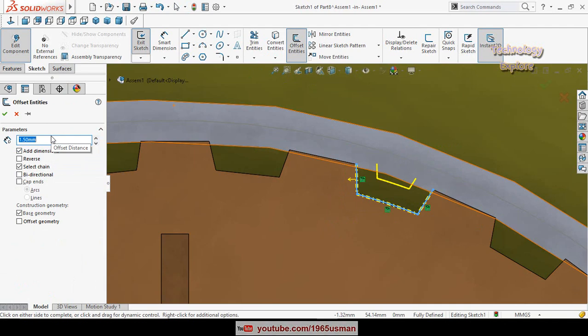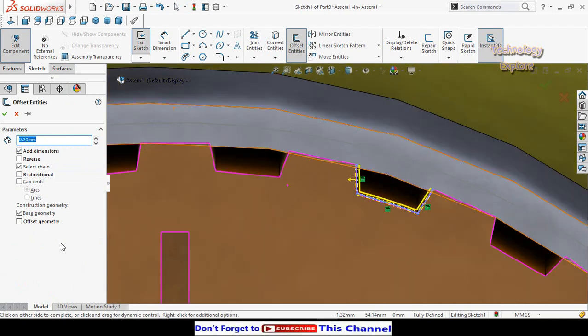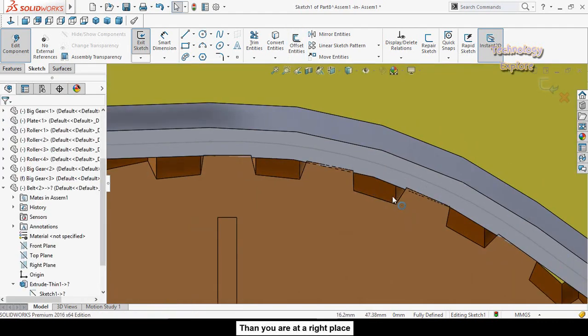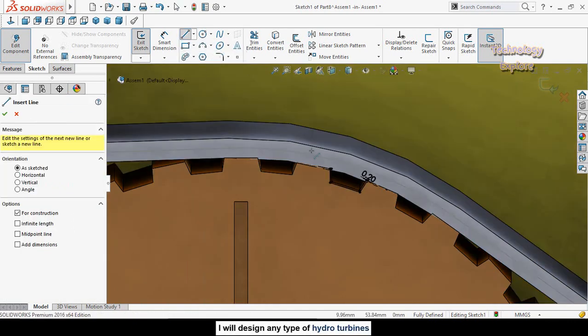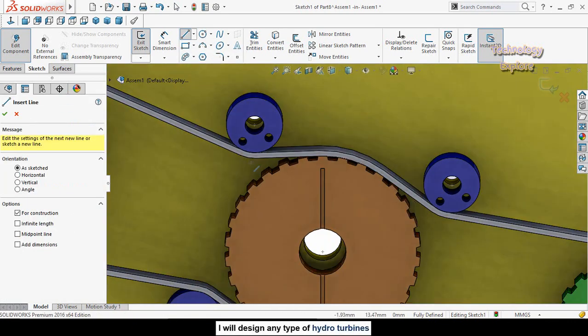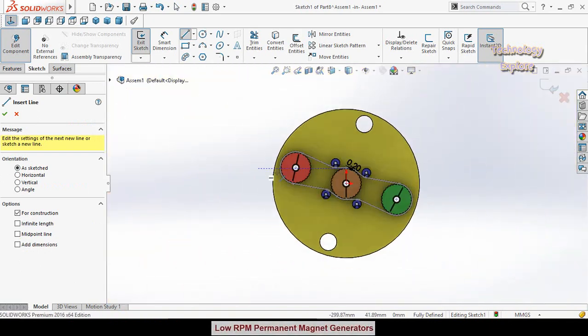Type here offset distance 0.2 and, as usual, check the option Base Geometry for construction geometry. Then press the OK button. Now draw a center line and start it from the origin. But before that, make Normal To.